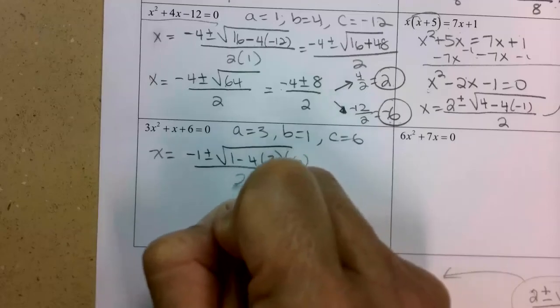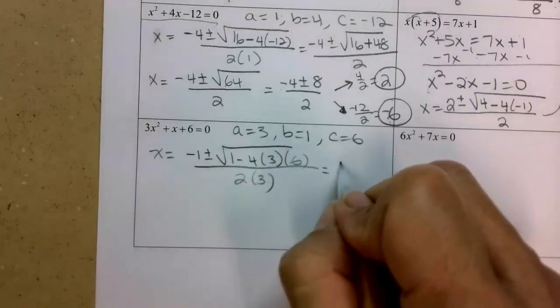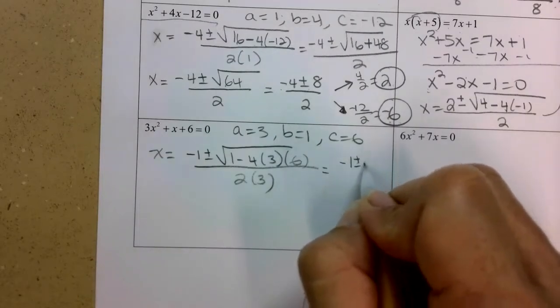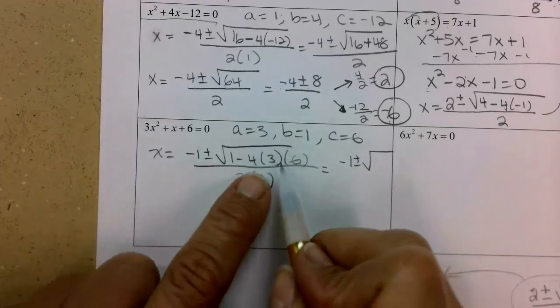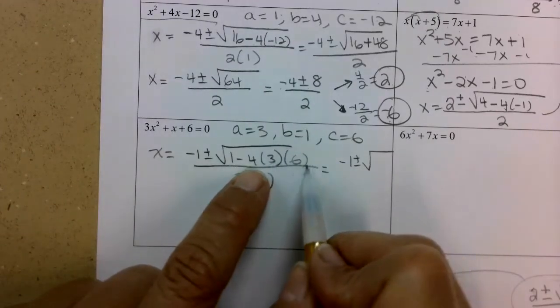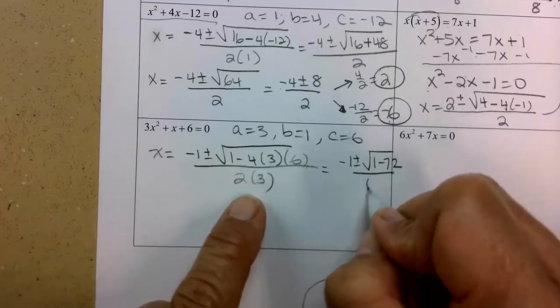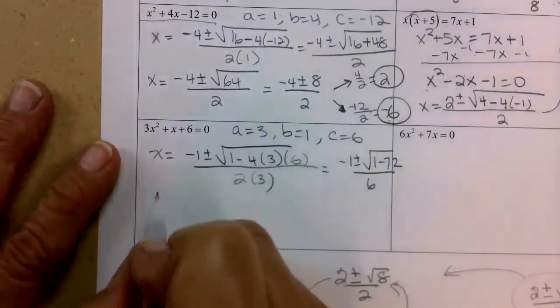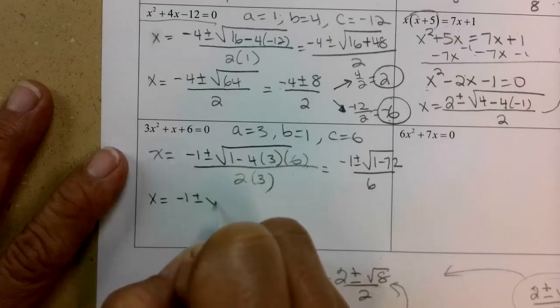All over 2A. -1 plus or minus square root. Oh dear, what am I going to get there? 1 minus 72, all over 6. Okay. X equals -1 plus or minus square root of